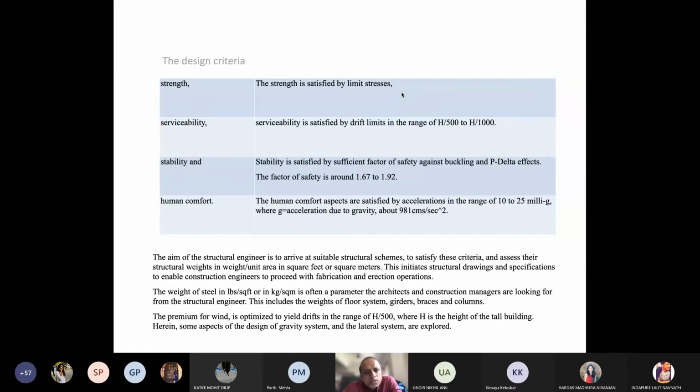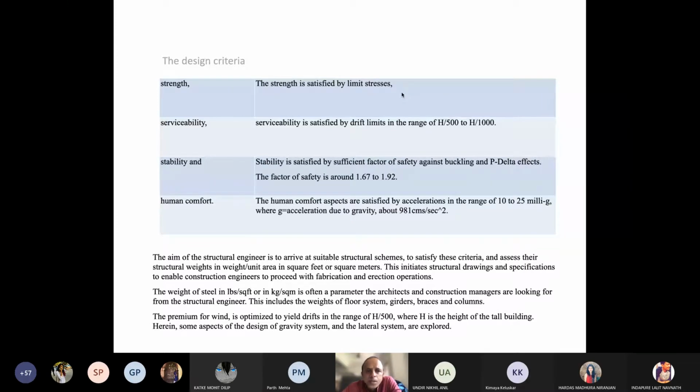So the serviceability, as long as it is within this drift limits, the building is said to be serviceable, and if it goes beyond, then obviously it is not satisfactory,